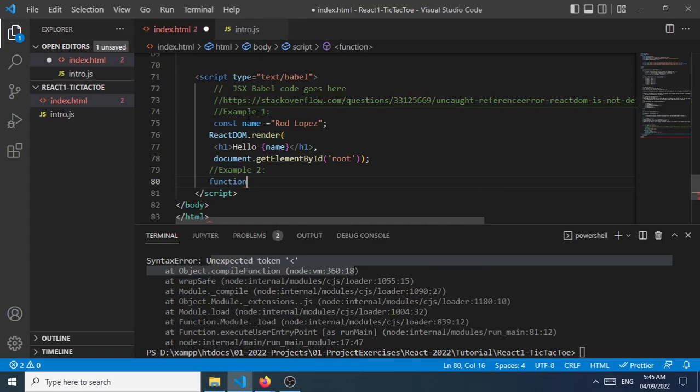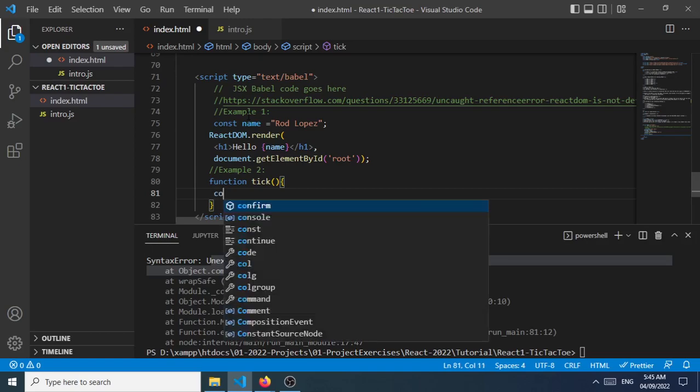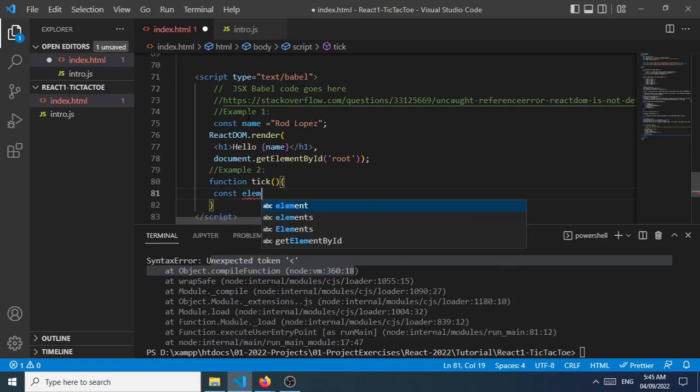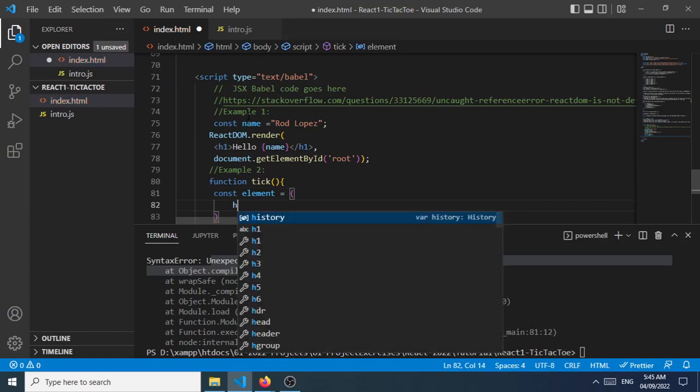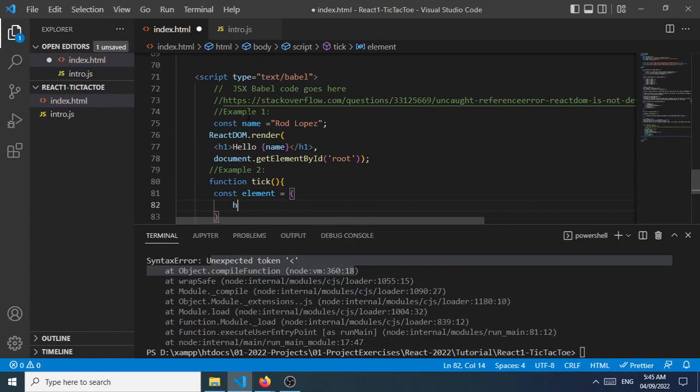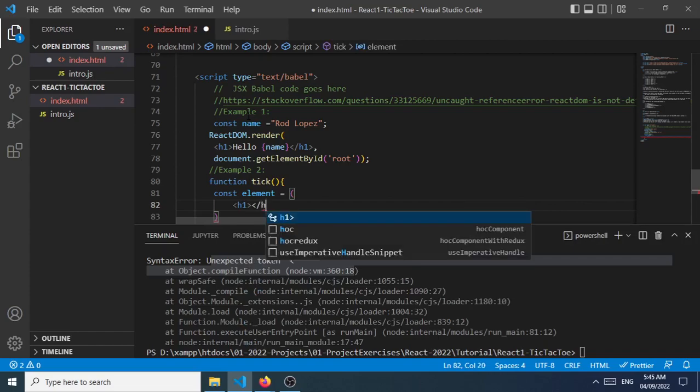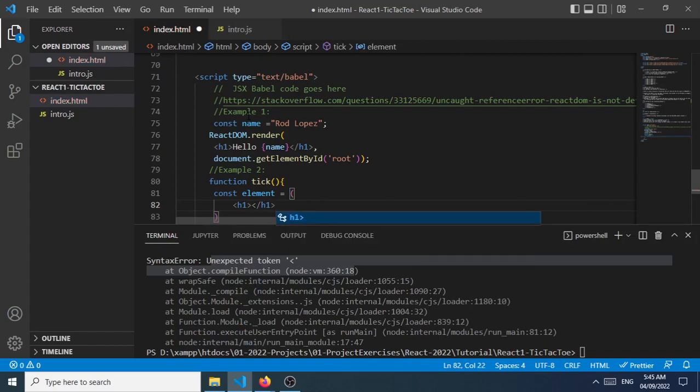We want to have a name, tick. Let's just see what this will be doing here. We'll have a const element, and we'll be assigning it inside of that. We'll have an h1, and let's have inside of this